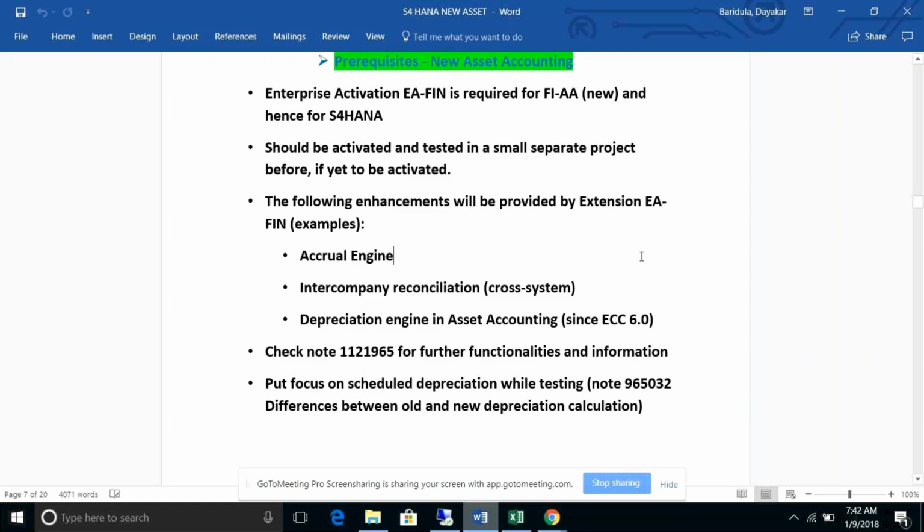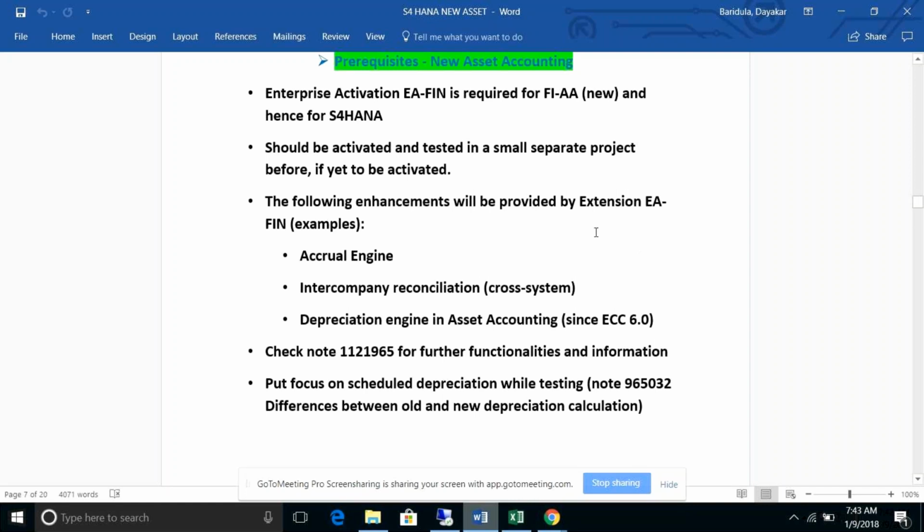The decision making also depends on whether you are on classic and not on new AA, which makes a difference. And when you are already on new asset accounting, which you already implemented, and now you want to go to S4HANA, it makes a little difference. If you want to go directly from classic to S4HANA, new asset accounting is mandatory for S4HANA.